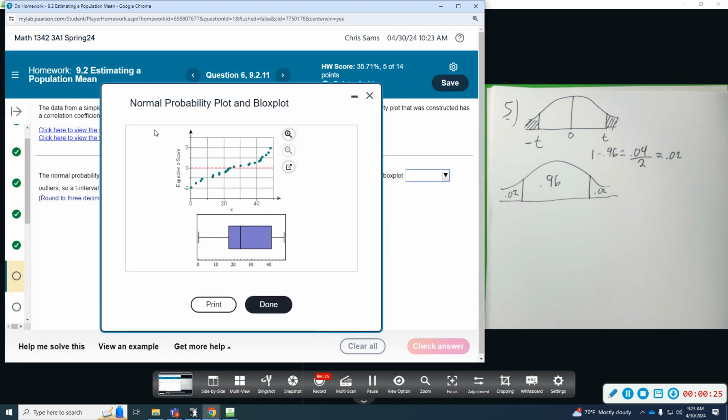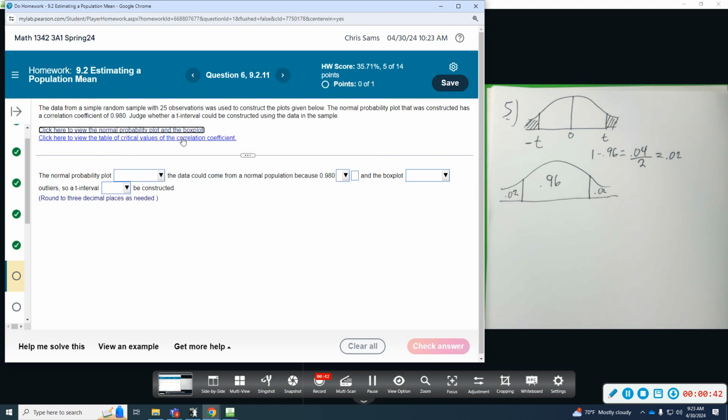So we're going to look at this plot. It's roughly a positive straight line, which is good. This box plot doesn't appear to have any outliers. It does have some skew, because the middle is not right in the middle of that box, but it's not terrible. And then if we look at the correlation coefficient,